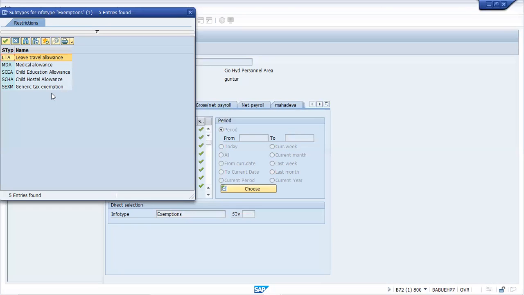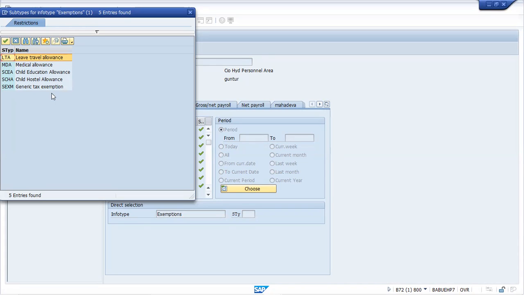Is it a fixed list, or can we also create a custom exemption? I think I have already told you. Can we create our own exemptions if a company wants to create its own exemption? Yes. I gave one day that magazine example: for a media company, if you are giving a magazine or newspaper allowance, and on that amount you give an exemption, you can create your own exemption.